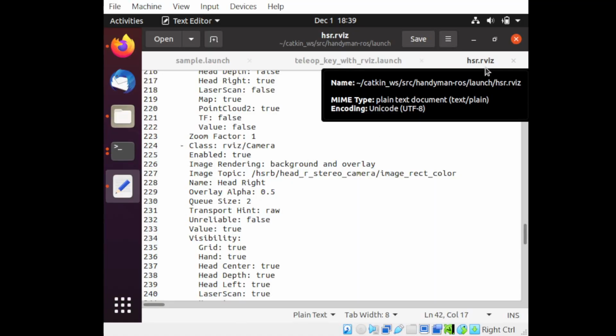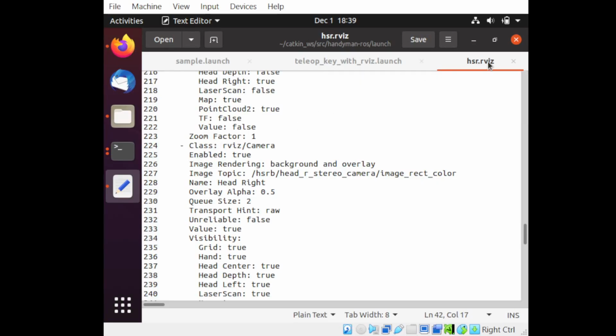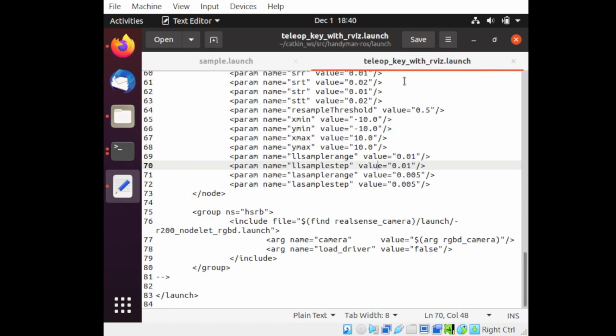So ROS is actually a simulation of the robot itself. The .rbis is the simulation file, and this file alone is in charge of creating the simulation of the robot. So if we launch this,